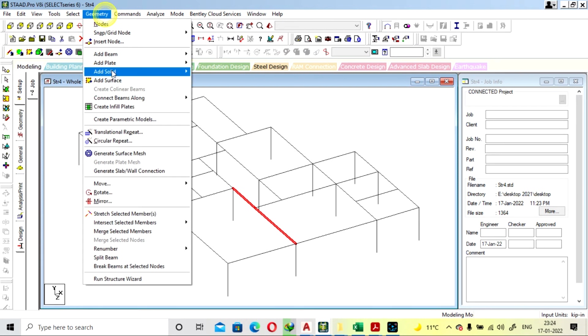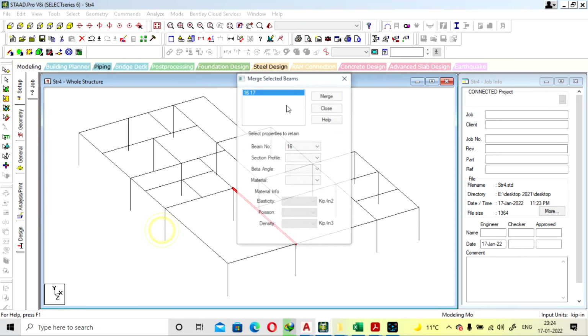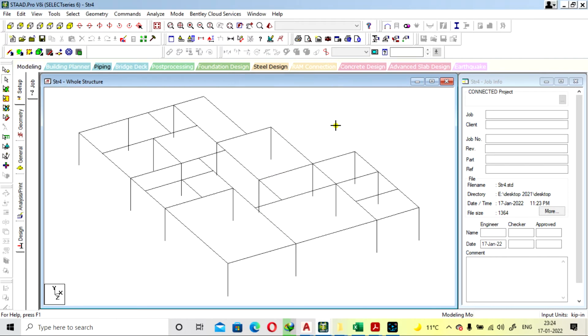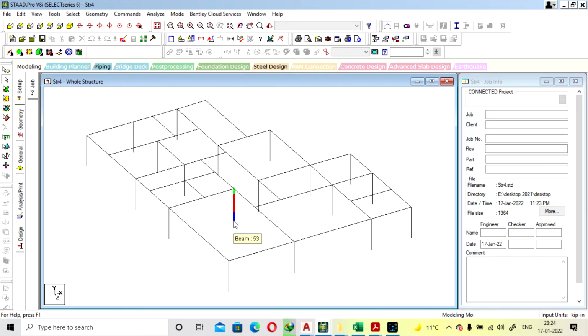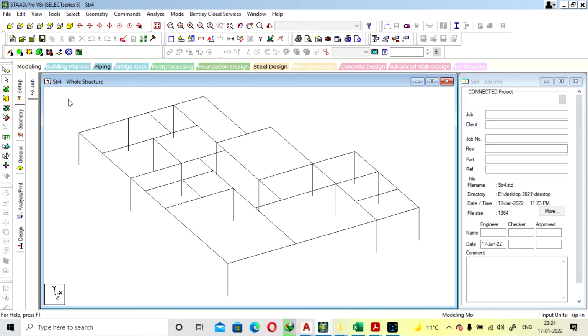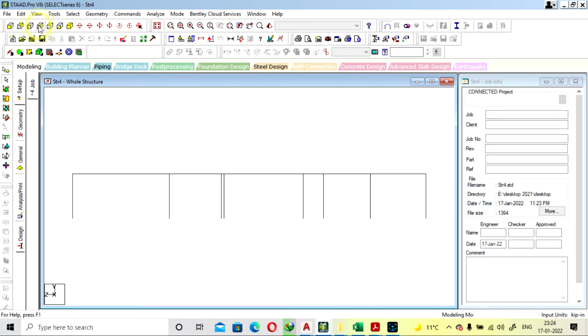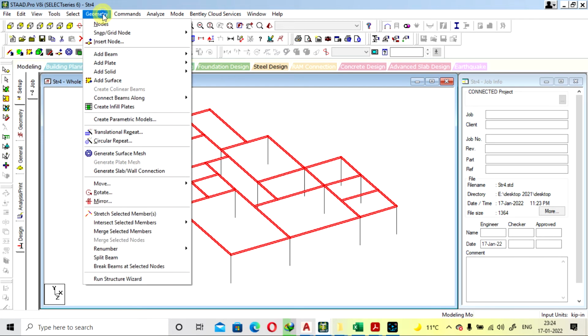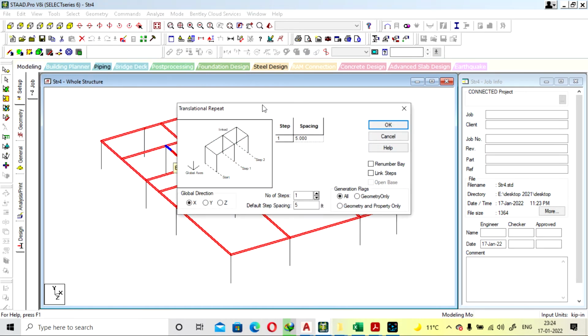Go to geometry, merge selected members, merge. Now we have merged this, and now to replicate this, go to geometry again, go to translational repeat.